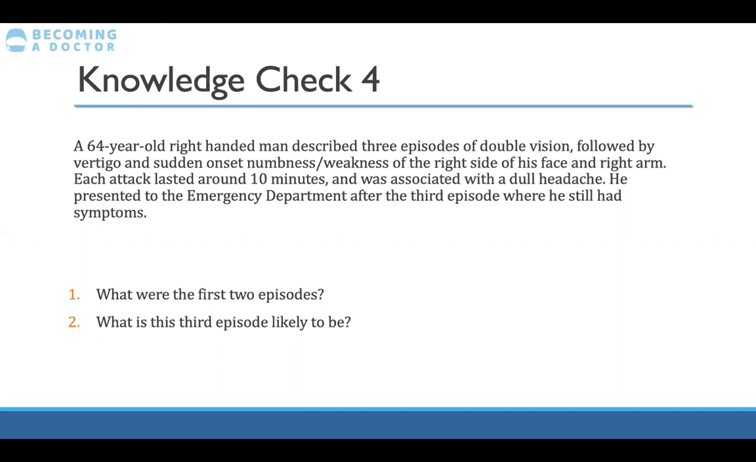So I have a question. How often does a TIA become a stroke? I will answer that in a second. Could it be hemiplegic migraine? Could double vision be aura? So yes, it could be a hemiplegic migraine. So, but it's unlikely given